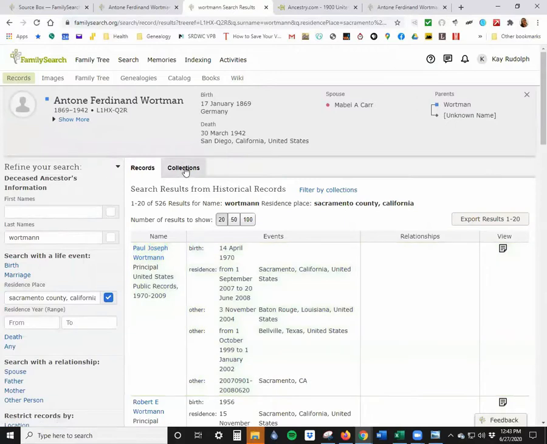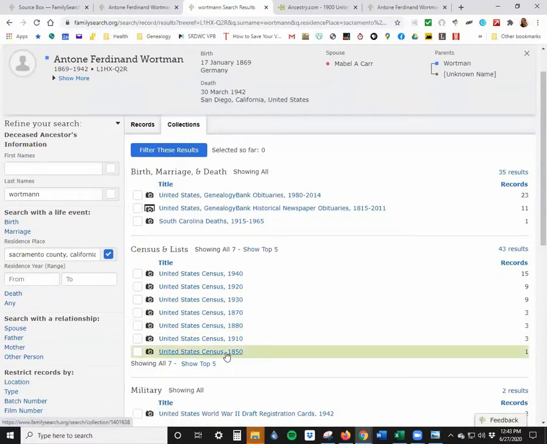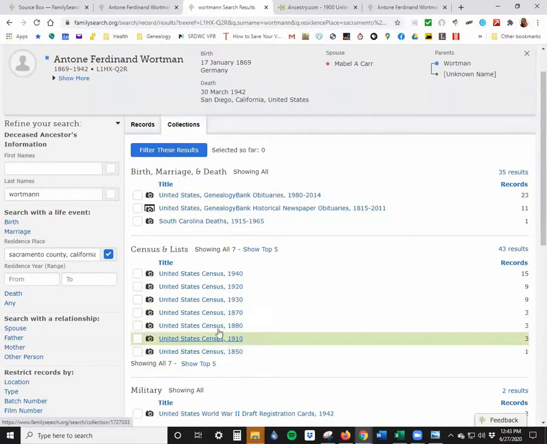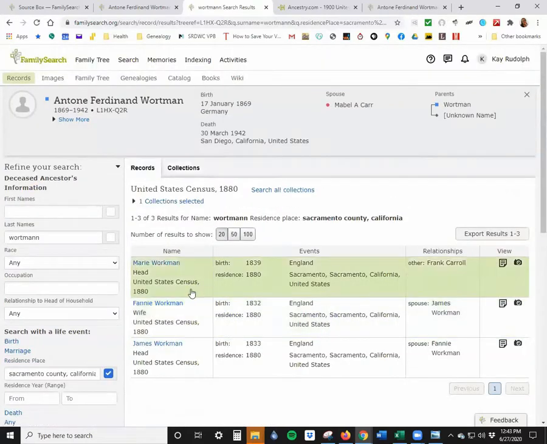And we only have 526. Let's see where those spread. So we have 3 in 1880. We actually have them going back to 1850. When did they come? 1910. Let's see what these 1880s are. So these are workmen, and they're born in England. That's not going to help us. Nope. Let's go back to our